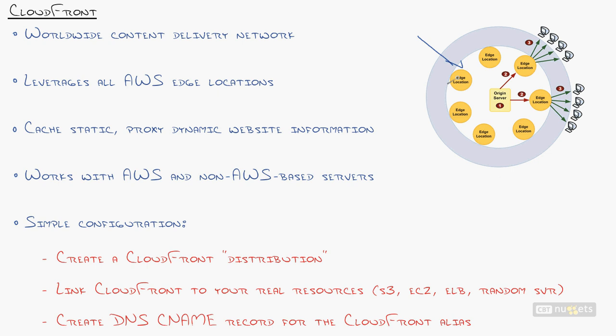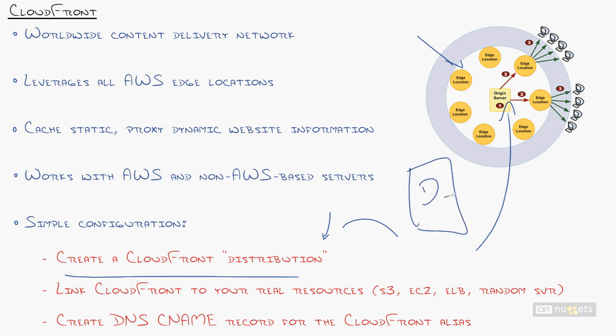So what I was saying is, it's amazingly simple, because here's the process to set it up. You create a CloudFront distribution. Now, that sounds scary and technical, but really that's just the link that you click on the AWS website. You go CloudFront, new distribution, and it says, okay, we'll go ahead and name this distribution, and then link it to your resources. So let's say we've got this distro that we're creating, and we say, well, actually, my website is hosted at